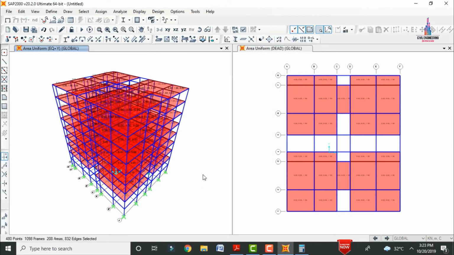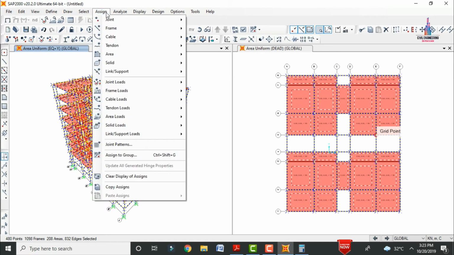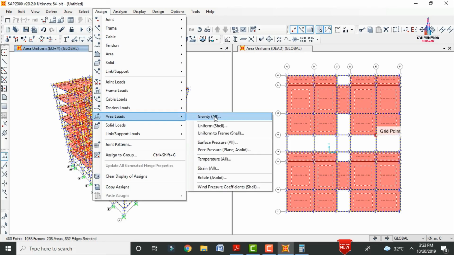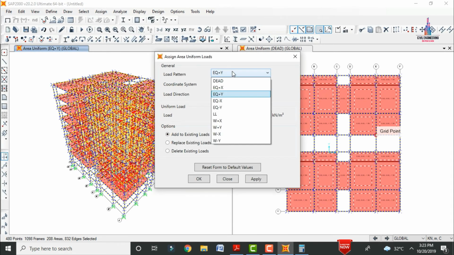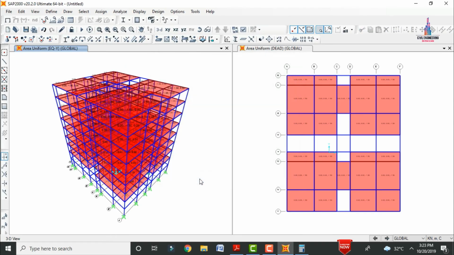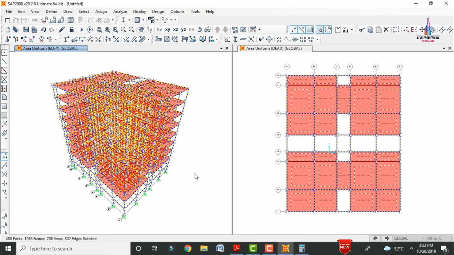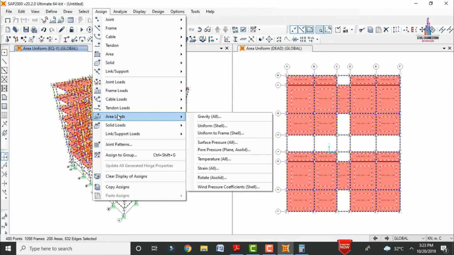Again we have to select the minus y direction, go to assign for that shell area load here, uniform load, select here as load case name as minus y direction condition, y direction which is related to the minus condition. Click on apply option, click on OK. Now we have to apply the wind loading condition. So for that, firstly we have to select all the building, go to assign option, select the area load which